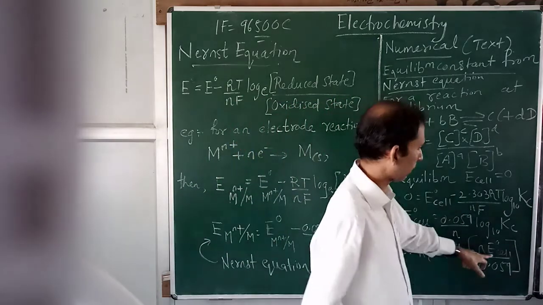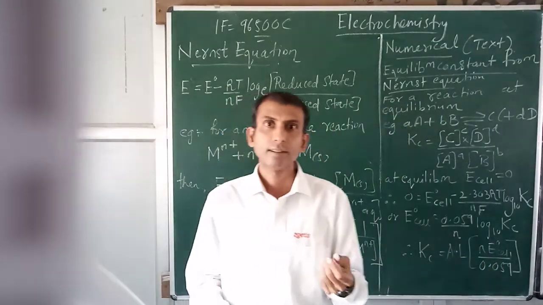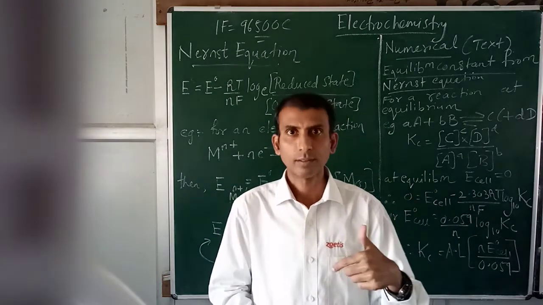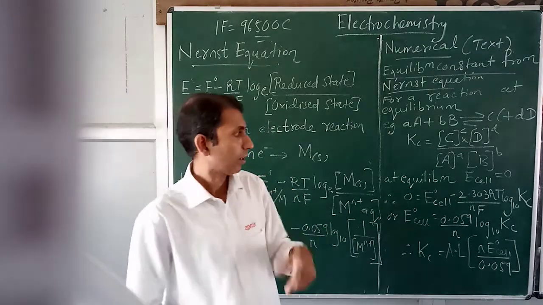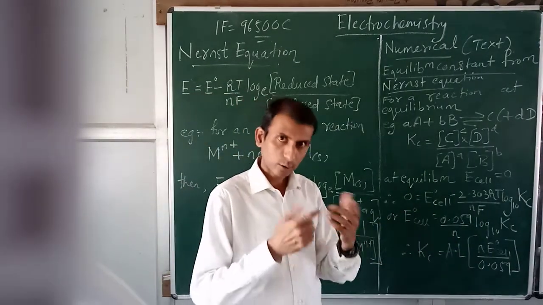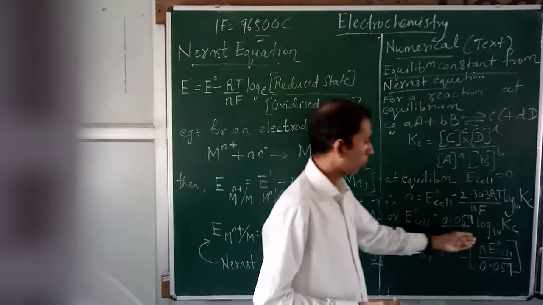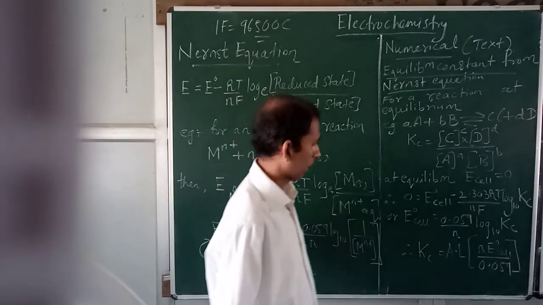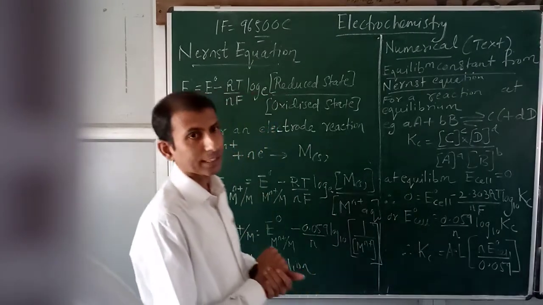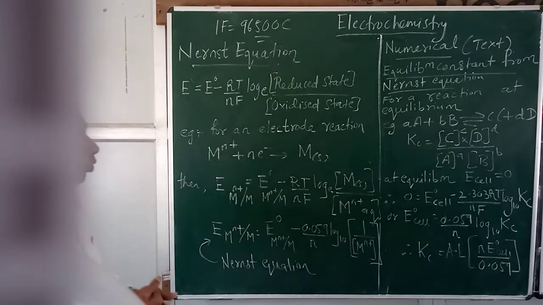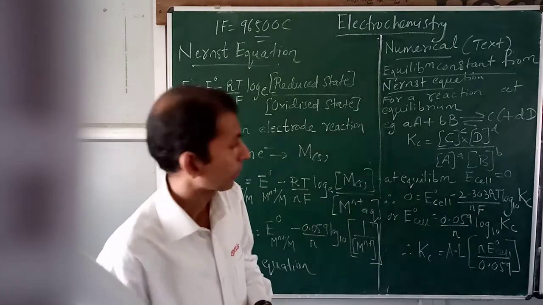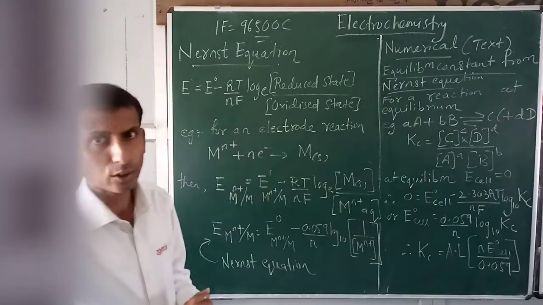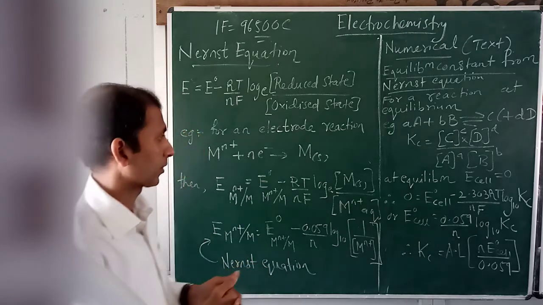So you will get this value here. Where will you get the number of electrons n from? You write down the reaction involved in the particular example. Whichever reaction is given in the question, you write down the reaction, and you will get the number of electrons from there. Then you divide, get this value and take the antilog of that value, and finally you will get the answer for Kc, which is nothing but the equilibrium constant for the reaction, involving the concentration of the species involved in the reaction.